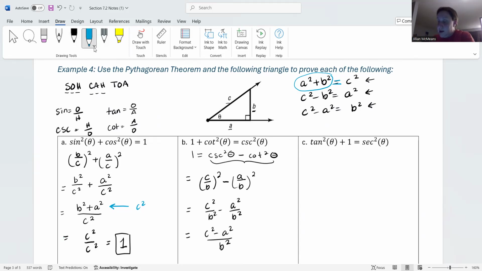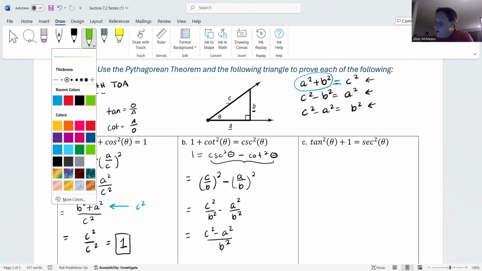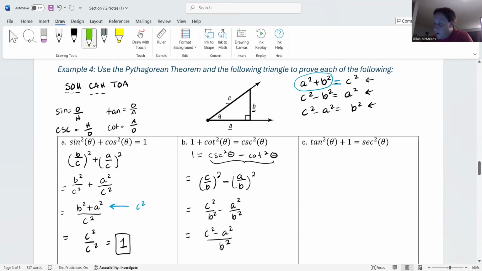Well, there is. So c squared minus a squared happens to equal b squared, which is really cool. I think it's really cool anyway. So what we end up getting here is b squared over b squared, which is equal to 1. So we were able to prove the second